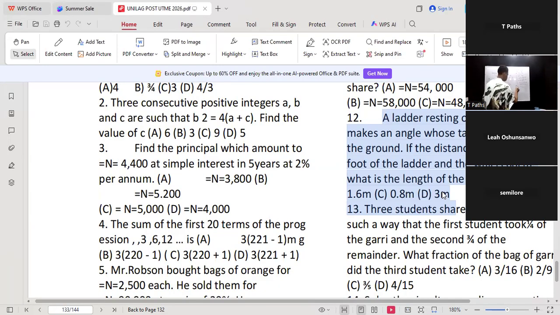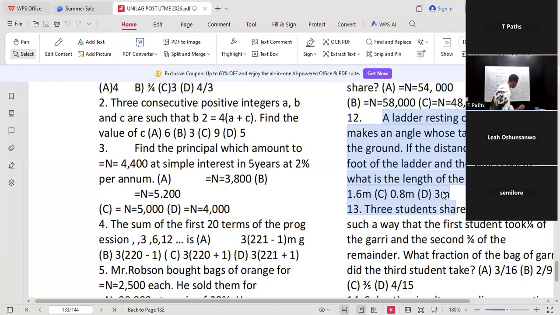I'll say 161.55 centimeters to meters is x, because I don't know it yet. So what am I going to do here? I'm going to cross multiply. I'll say 100 times x is equal to 1 times 161.55. So this becomes 100x is equal to 161.55. So I'm going to divide through by 100, and I'll say x is equal to, if I divide this by 100, I'll have